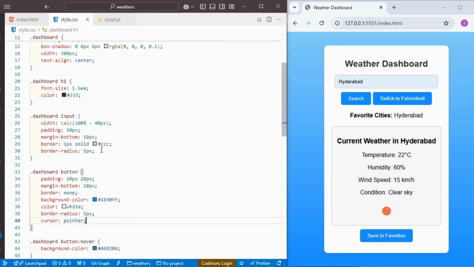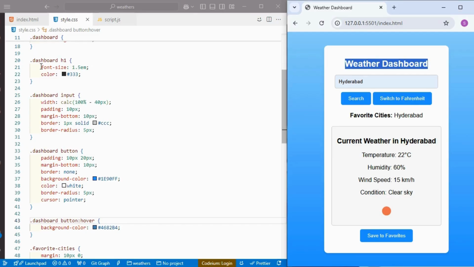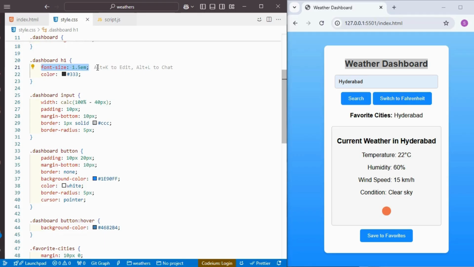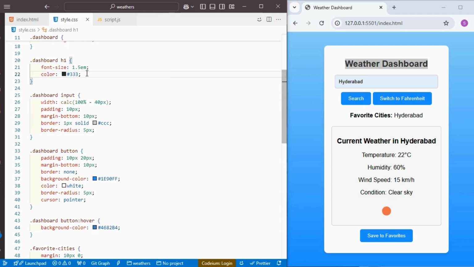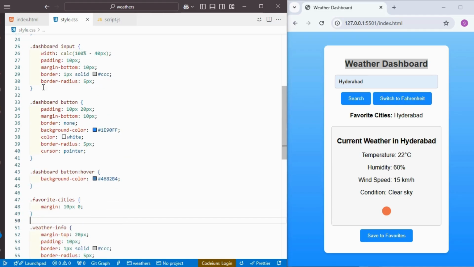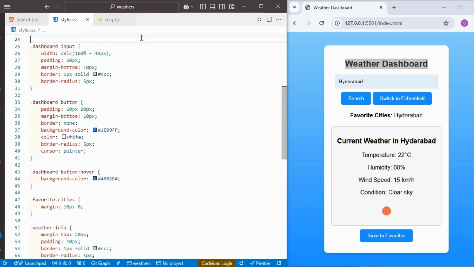Then the class of the h1 tag, the largest setting of the weather dashboard text. So I'm giving a font size of 1.5 em, and the text color will be black color. Then take the dashboard input text box. So I'm taking a width of calc 100% minus 40 pixel, and I am taking 10 pixel of padding, and margin bottom 10 pixel, border is 1 pixel solid silver color, and